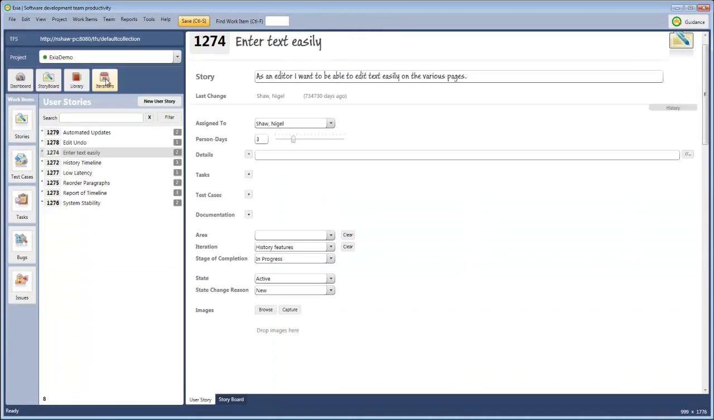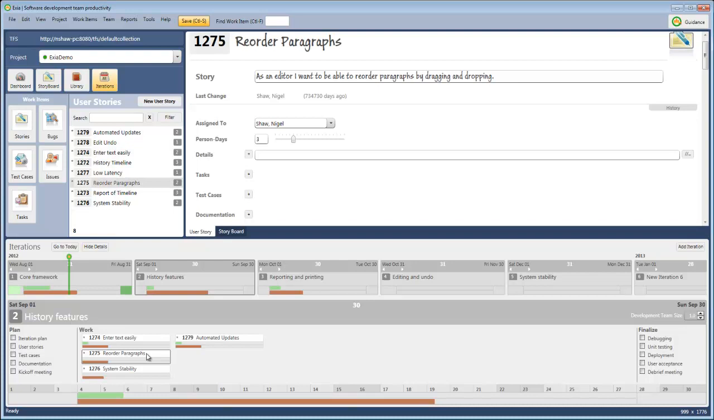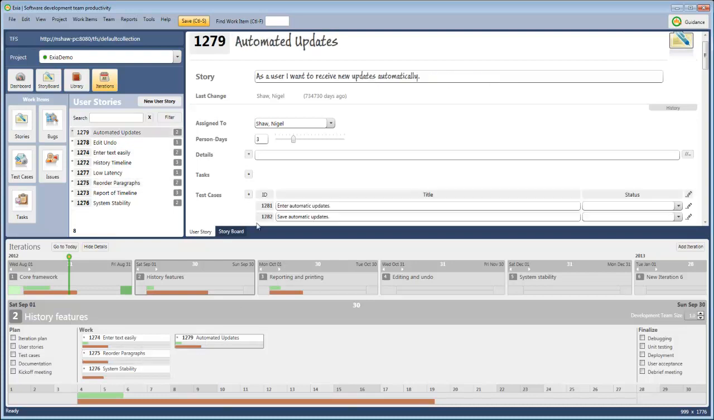One of the things Exia strives to do is give you a level of interactivity with your project that's unavailable in other systems, so you really feel like you can reach out and touch your work. So for instance, if we double click on the iteration where the story will be implemented, it takes us straight to the iteration down below, opens up the iteration detail, and highlights the story. From there, for instance, we can double click around on the different stories, and each one is highlighted in the top. Everything is live, as I say, so that you can, for instance, change the person days and see that